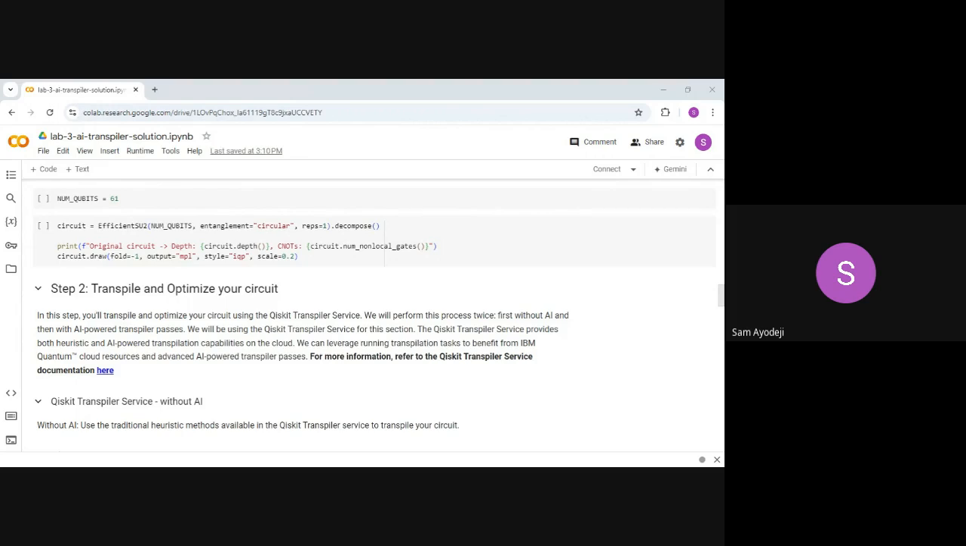Now the transpiler stages. We have 4 of them, and we are going to look at them together. We have the initialization stage, the layout stage, the routing, and the translation. The initialization stage is where you prepare your circuits, unrolling custom instructions like